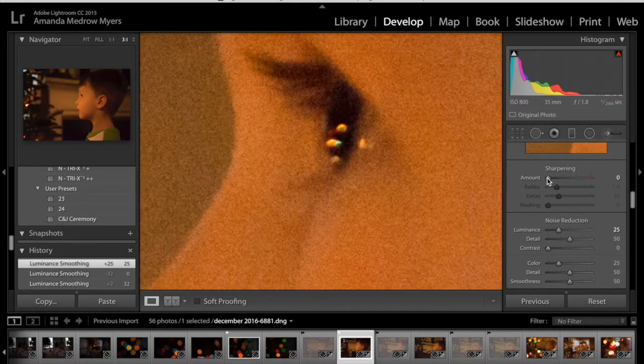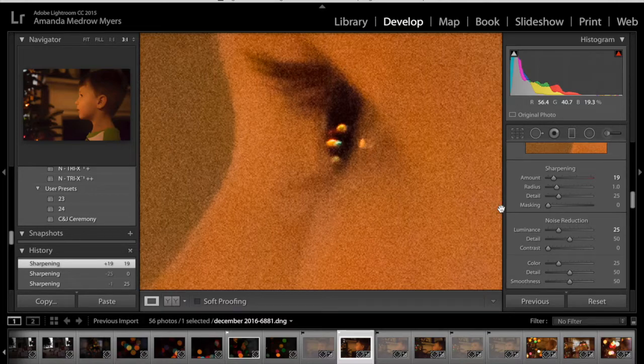Okay. And so for sharpening, remember sharpening, especially on the skin, is creating noise. So I'm just going to sharpen a little bit. See, that's way too noisy. All right, so that's 15. It's none. So I'm just going to maybe go to like 15. That looks pretty good. All right, so you can see I've introduced some more noise here, but here's what I